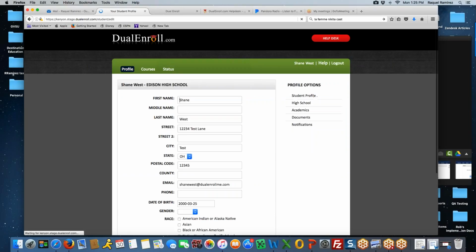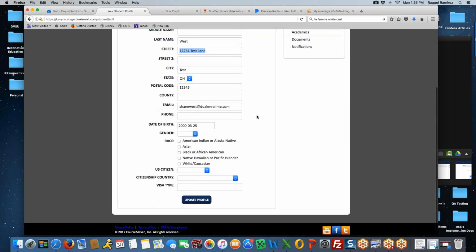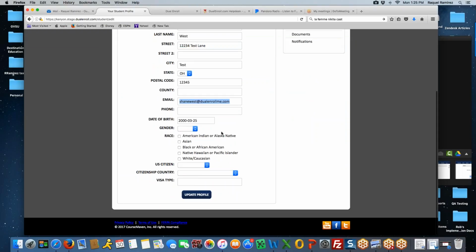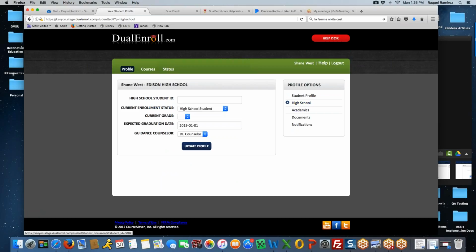The profile tab for the student is where we stored all the information he gave us. So this was the address he gave us, this was the email he gave us, the date of birth, etc. The other thing that's available on his profile is if he clicks on this high school link, which is over here under profile options, this is where his graduation date is and where his counselor is, or his approver that